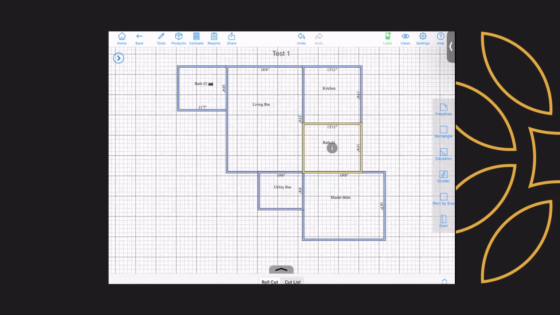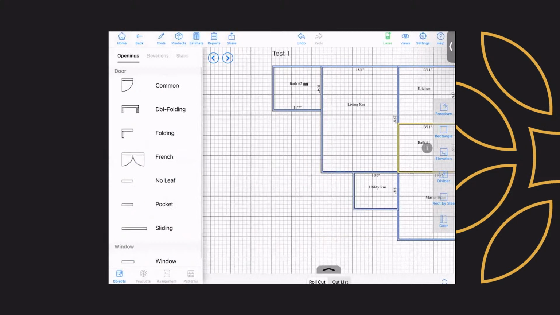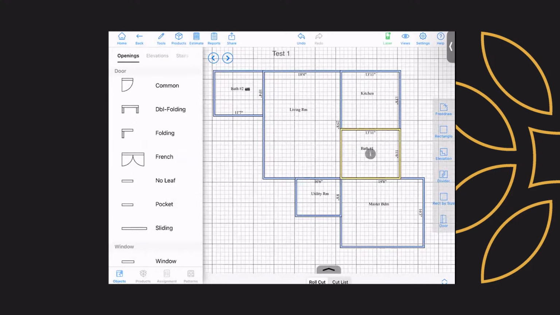And my next step is to go to Tools, under Objects, Doors and Windows. Now, once I'm in Doors and Windows, I can select the style of door I want to use, from common, double folding, folding, French, no leaf, pocket doors, sliding doors. I typically always use no leaf doors because I really don't care about the direction. I just care that material goes halfway in on both sides. So I'll grab my door and we'll just put it into